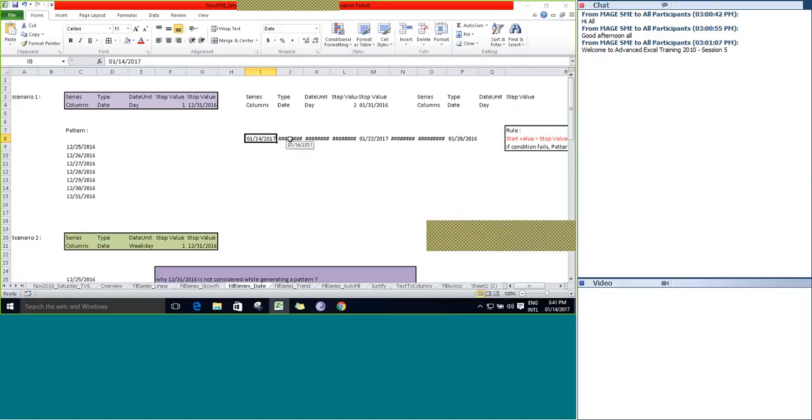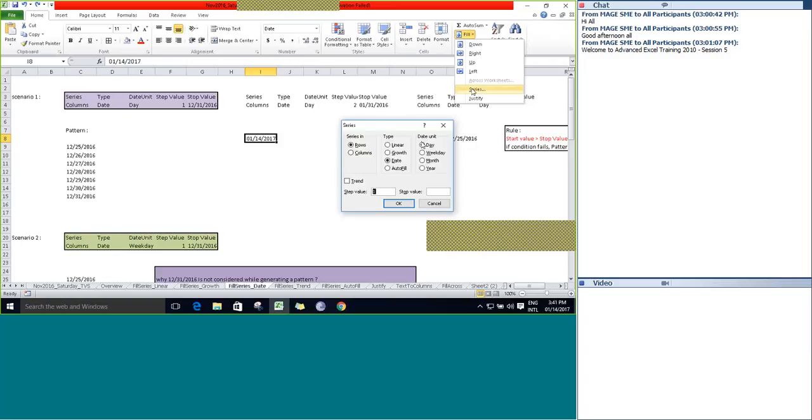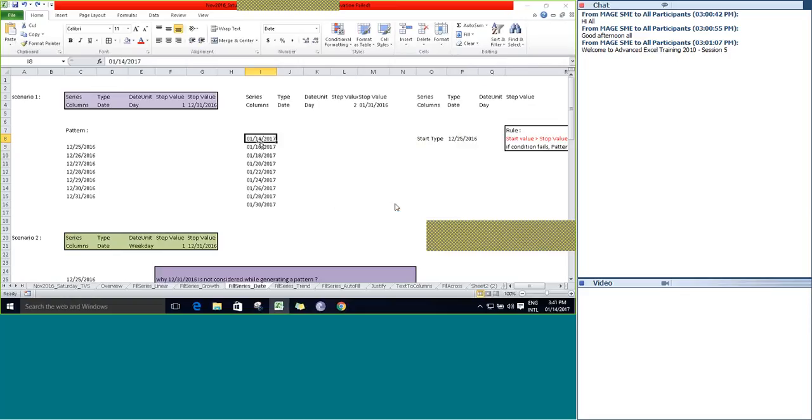Then only can you generate it. Let's generate with a column so that we can see it better. Column, step value was 2 and stop value was 01/31/2017. Click OK.